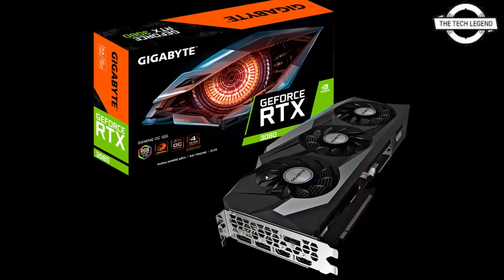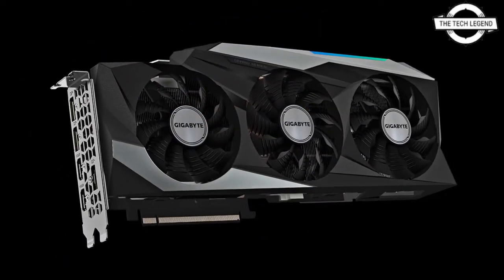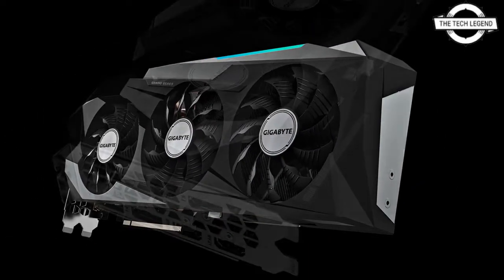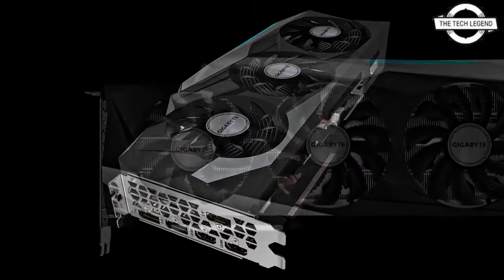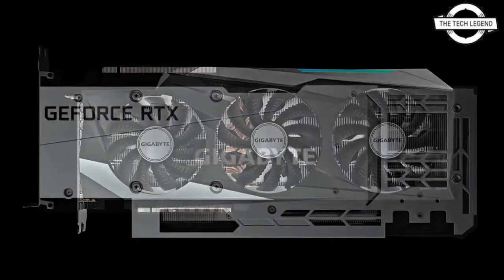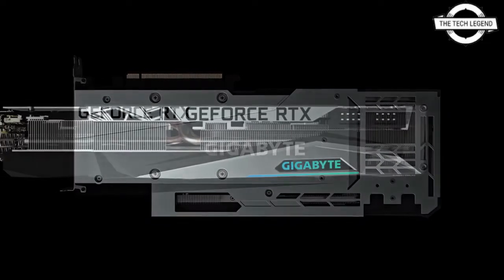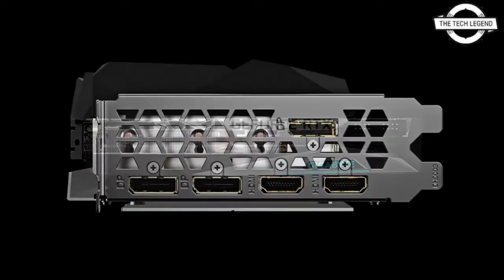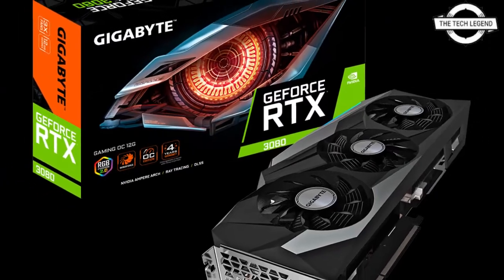So friends, today I will talk about the Gigabyte 12GB version of GeForce RTX 3080 with WINDFORCE 3X cooler. Gigabyte's 12GB GeForce RTX 3080 graphics card, the GV-N3080 OC-12GD, will be made available and feature a WINDFORCE 3X cooler. And friend, the WINDFORCE 3X cooler features original blade fan with a graphene nano-lubricant that has the same durability as double ball bearing, a massive copper heatsink, and a composite heat pipe that efficiently transfers GPU heat and